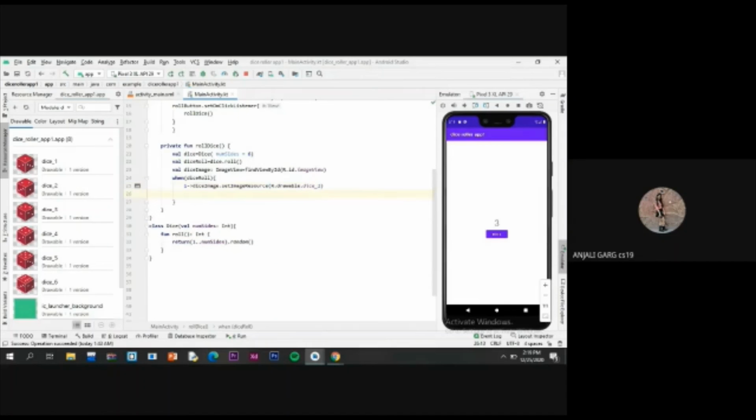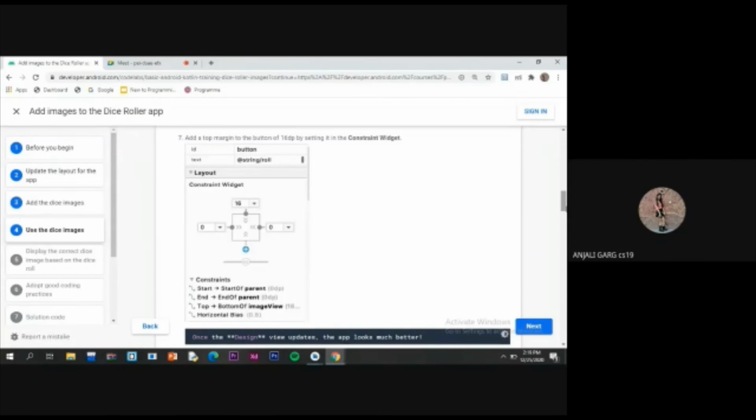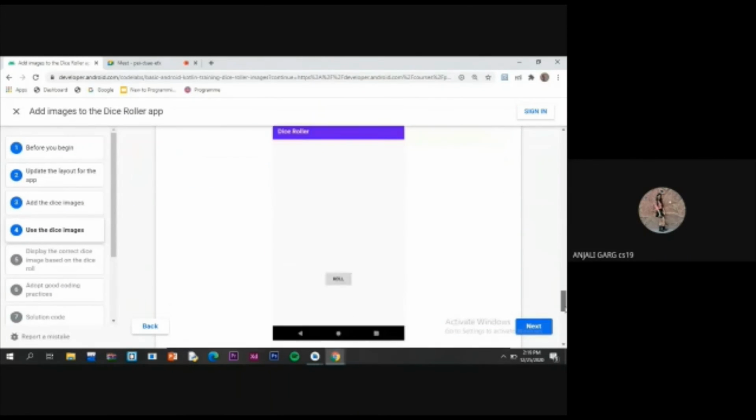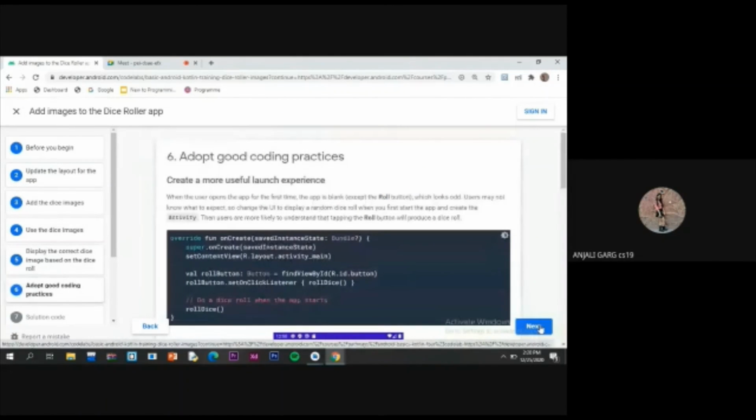You have to write for 1, 2, 3, 4, 5, 6. To save your time and to make the video shorter, I am copying the code from our code lab.